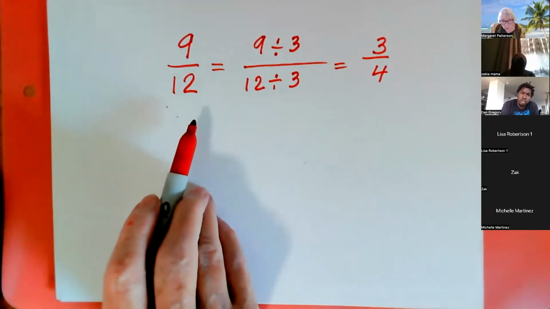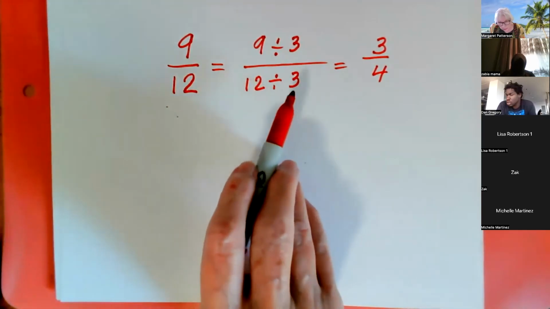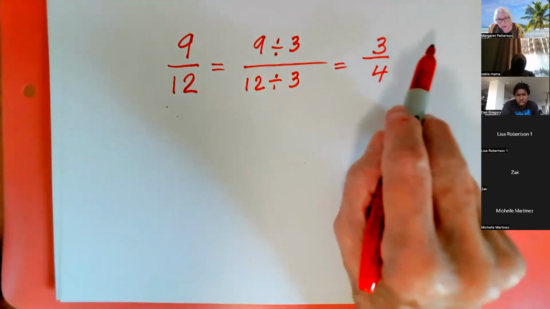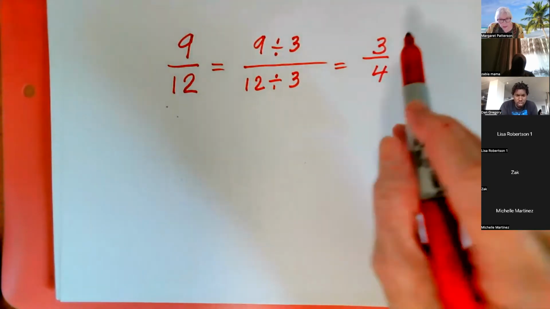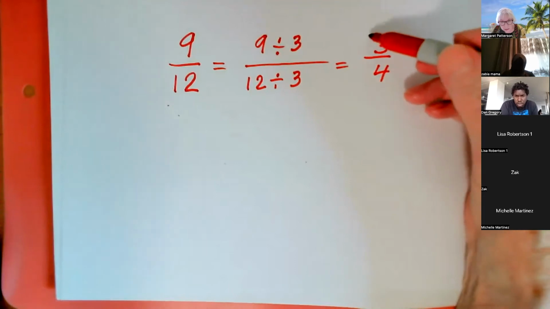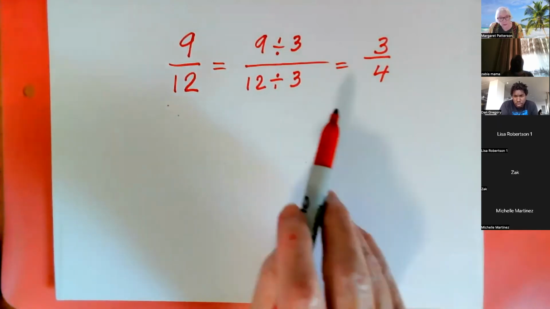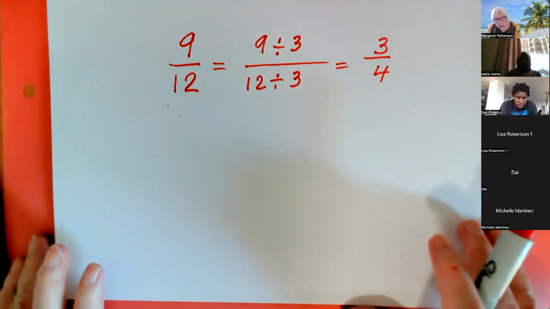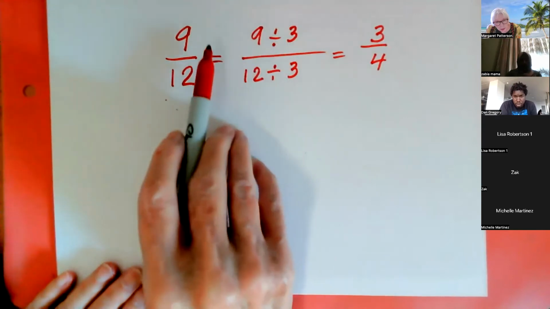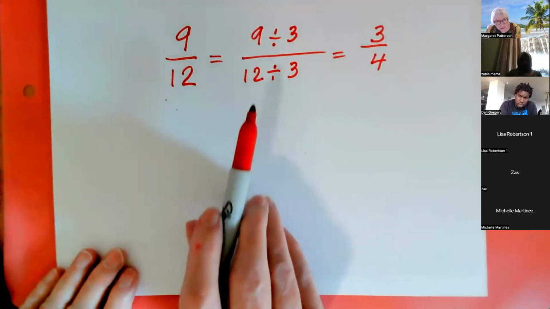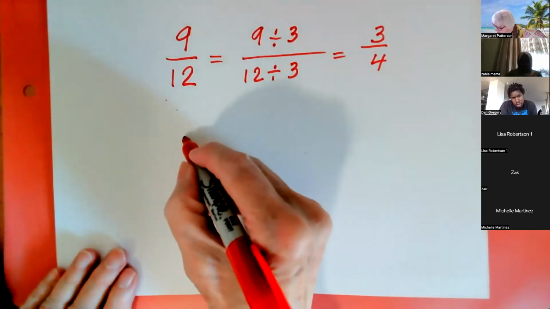So 9 over 12, by doing something responsible and reasonable, ends up with an equivalent fraction. Many times in your answers, they say, give the simplified answer, reduce it. And so we have to be able to do that. Now, sometimes people have trouble with this. And so what I'm going to do is